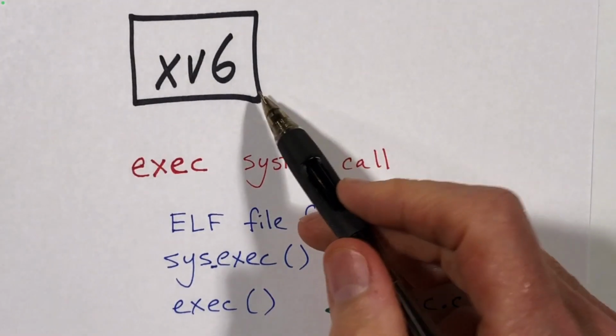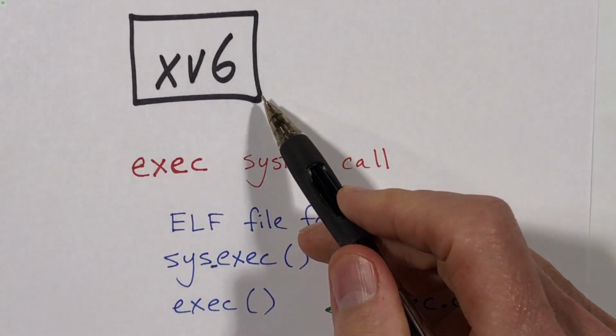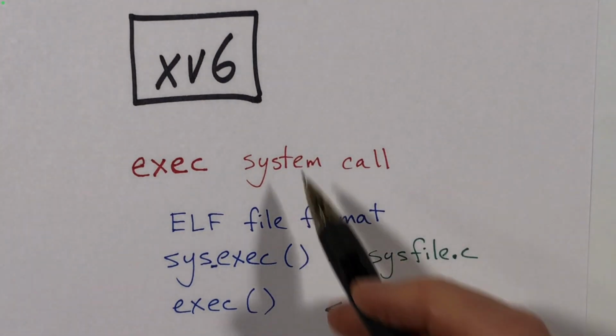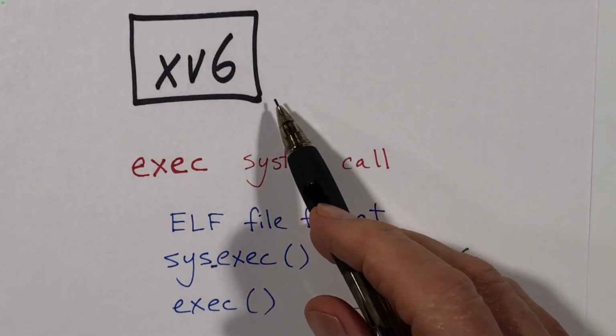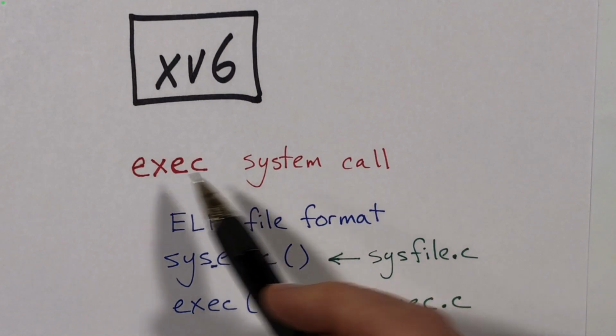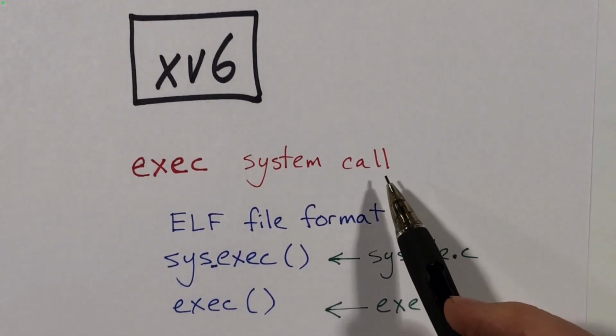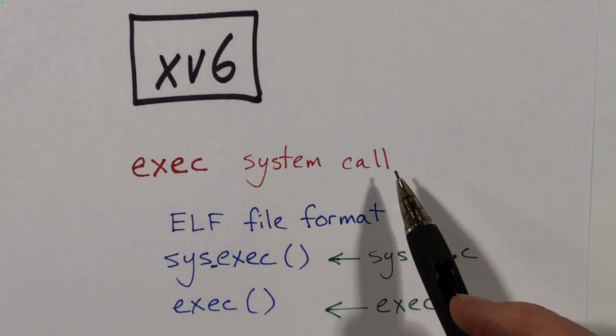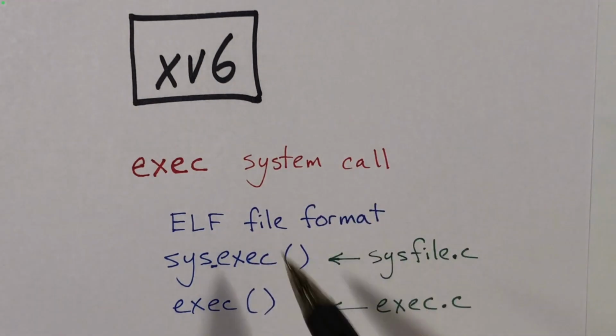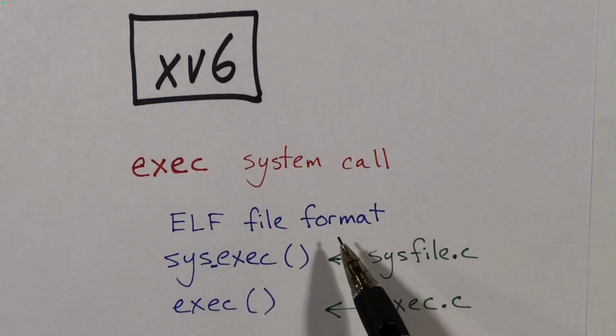This video is part of a series on the xv6 operating system kernel and is in fact the last video in that series. In this video, I'm going to describe how the exec system call works. This is essentially a culmination of all you've learned so far. It's a pretty long video, but I think you'll see that it's really quite interesting what happens in the exec